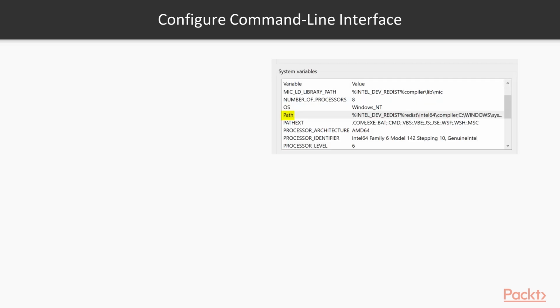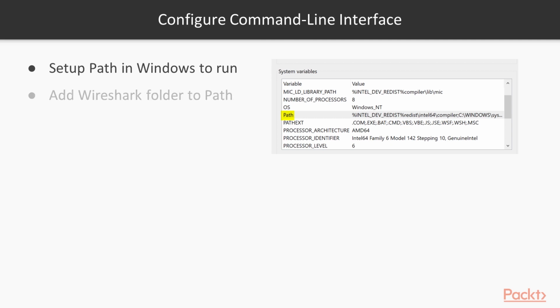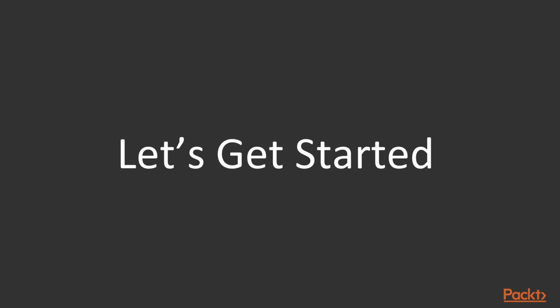Also, to make it easier to use T-Shark, you might need to set up your environment to allow you to easily run it. You can run T-Shark as soon as you install Wireshark, but to be able to run it, you need to go to the Wireshark folder when you go to a command line. One of the things we can do to make it easier is add T-Shark to our path in Windows, so it will be part of the environment when you go to a command line. Then anytime you go to a command line, you can type in T-Shark and it should run. So let's go ahead and get started and show some examples of how we can set up T-Shark